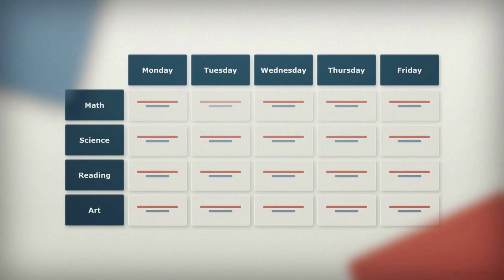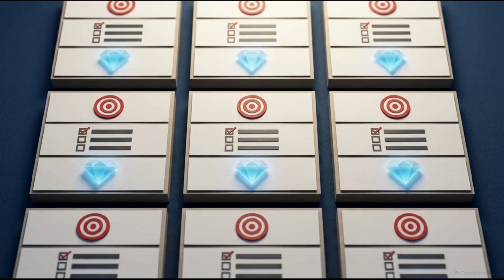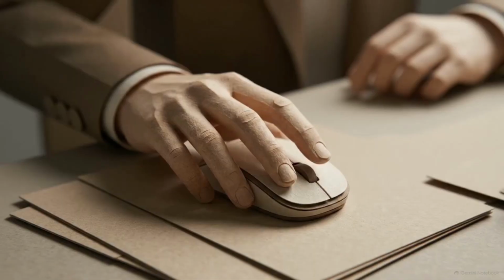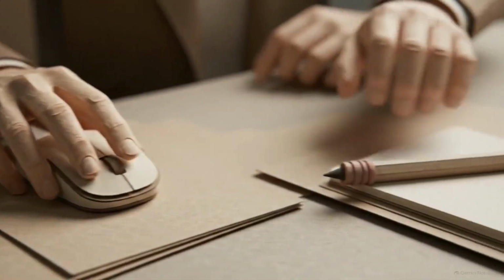Where Tuesday and math intersect, we find a single box built from 3 standard pieces. First, the learning target states the daily goal, like, I can define shapes. Underneath, the assignment section outlines the exact tasks. Finally, resources and links act as the direct door into the virtual classroom. Every single box on the grid uses this exact same 3-part structure. Students never have to guess what their job is for the day, and they never have to hunt for the